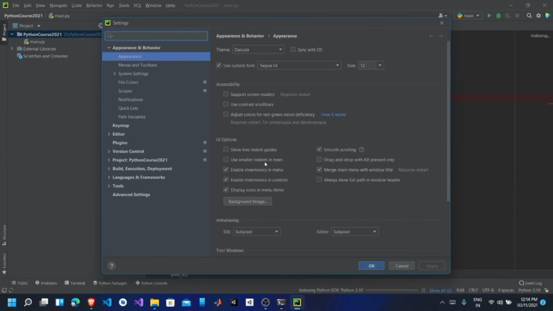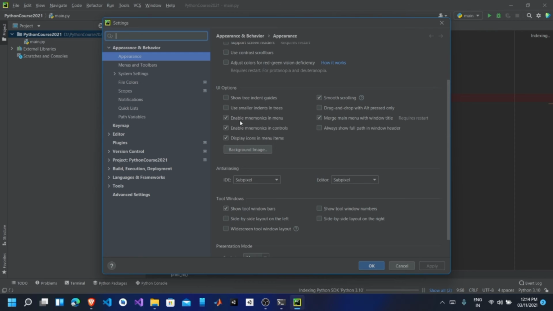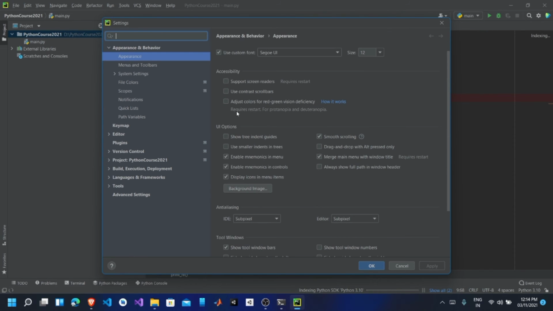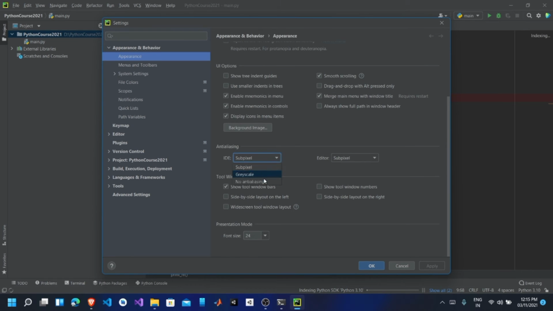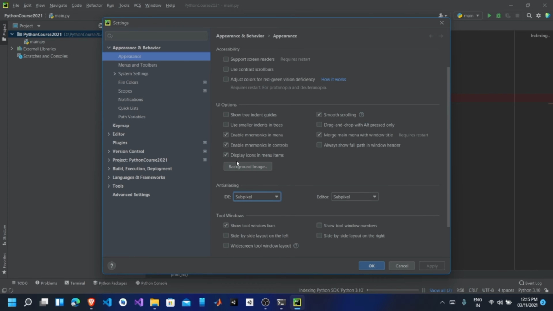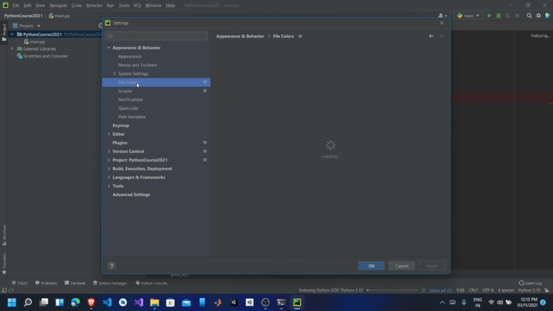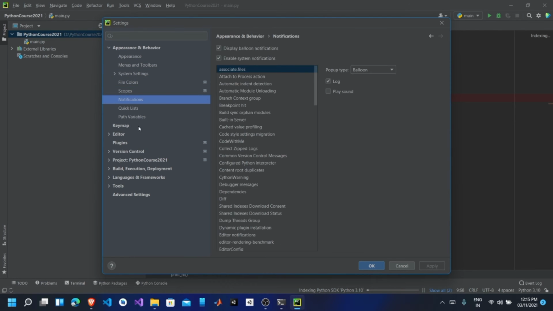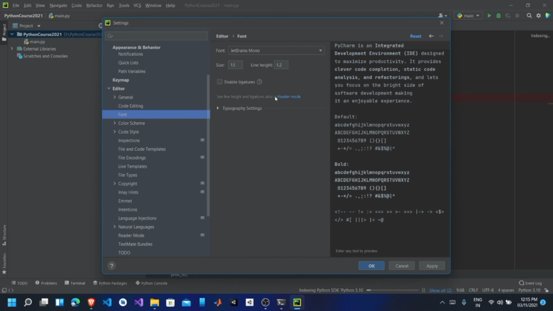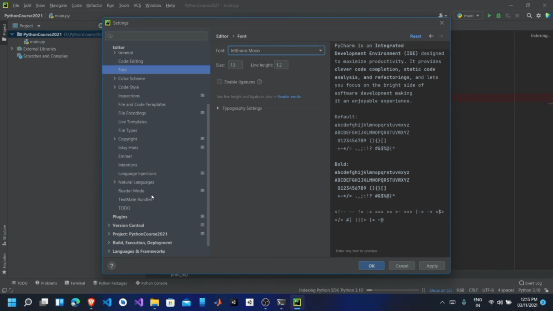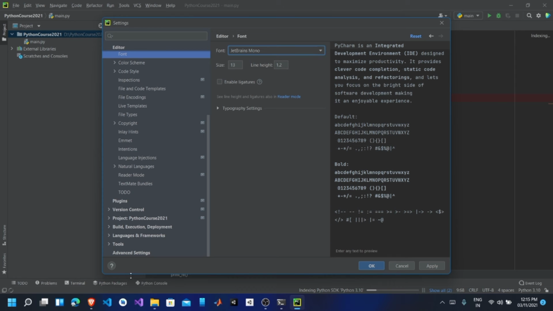Okay, and I will click on apply, and here you have some more things, like you can use a contrast bar, and there are some more things, but please don't change the settings if you don't know what it is. Like here is the IDE anti-aliasing, and if you change this, then you might be in some trouble in future. So take care of these things. Then you have some menu bars, file colors if you want to change, and lots of things are there. If you want to edit, then you can do it, and code editing, code font you can change. So all of this is here, you can change it easily, and play with it.